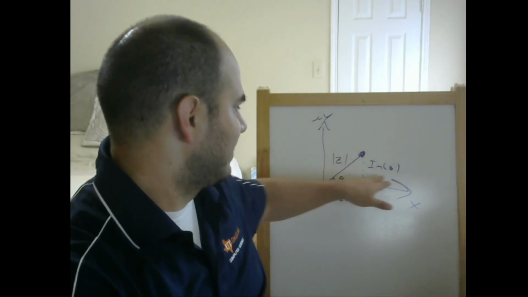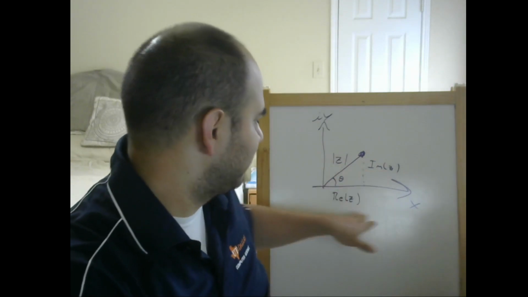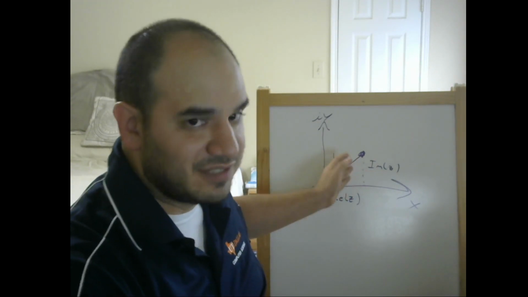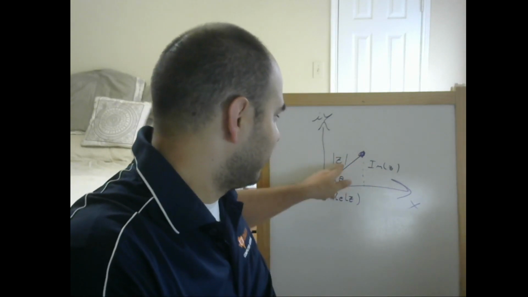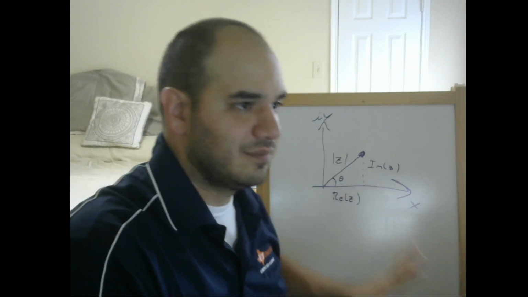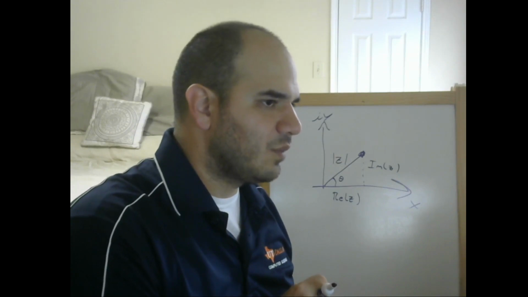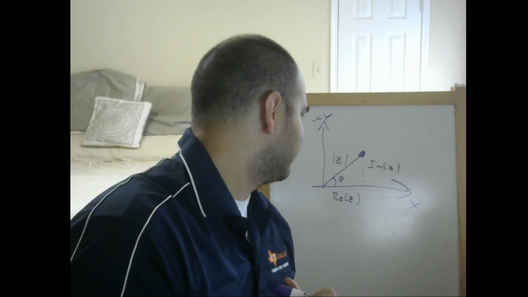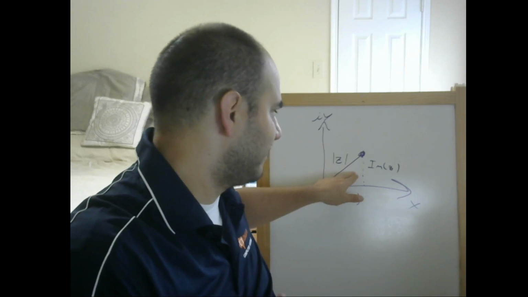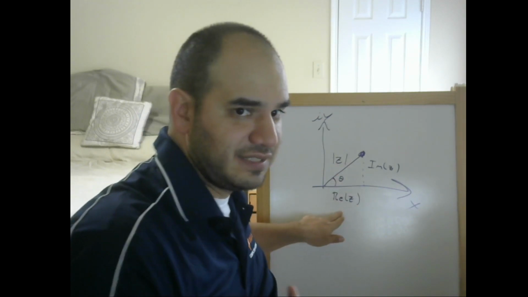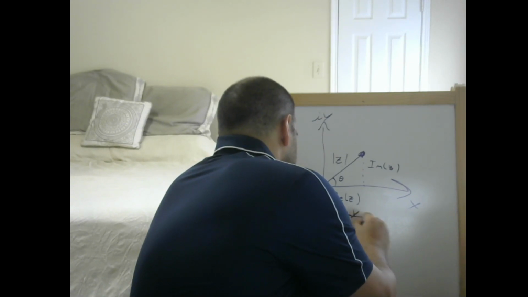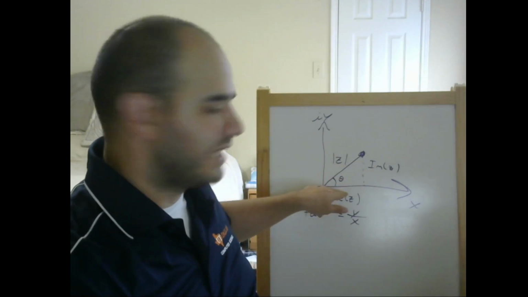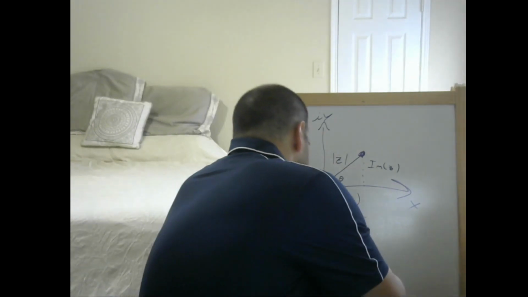It's the imaginary part of z, the real part of z, and the modulus of it, which is the hypotenuse of the triangle. So this is the square root of x squared plus y squared. Okay. Well, the tangent of theta is the opposite over the adjacent, so y over x, and then